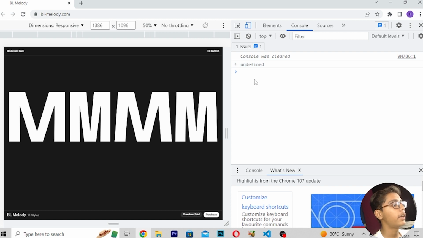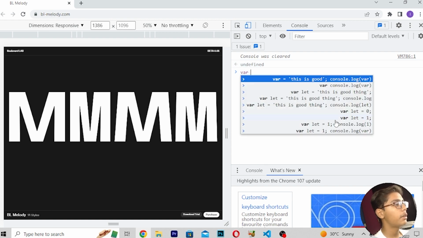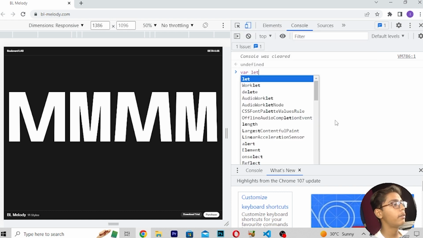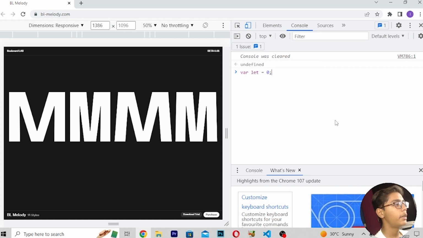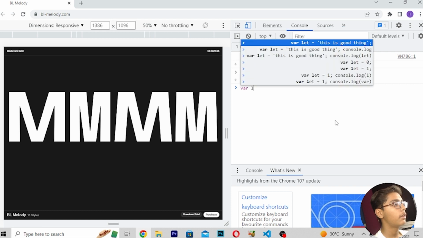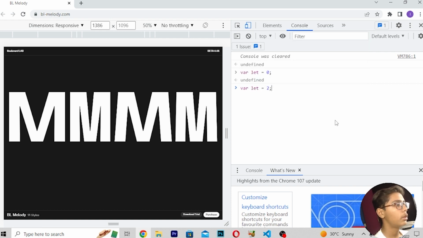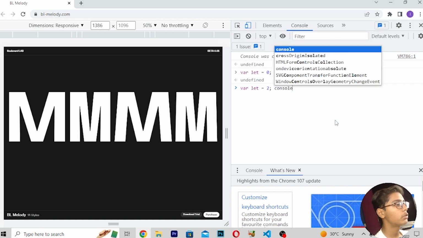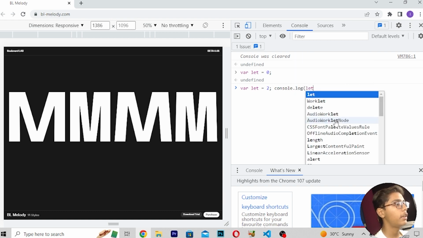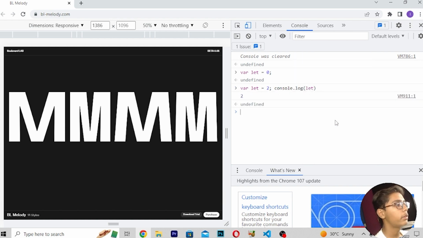So like this you can use the variables. There are many other variables which you can use, like you can write var is equals to 0, then press Enter. Here if I press Enter, you will see that it is again saying undefined. Let is equals to 2. Then you have to write console.log, then write here let, then move down. You can see it is showing the value 2 because we have defined this in this console.log tag. The let we have defined, and let we have written here, so because of that it is showing the value 2. So like this you can do.